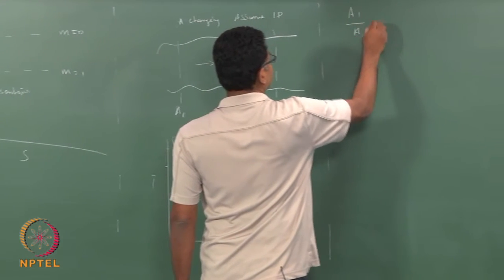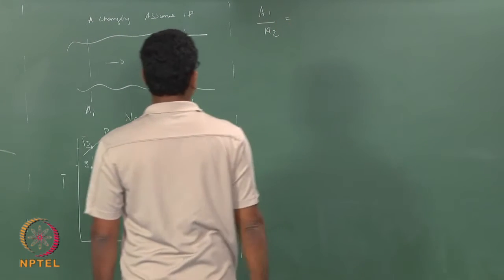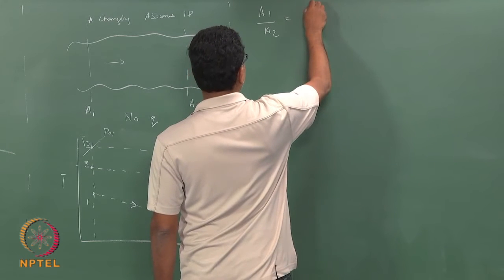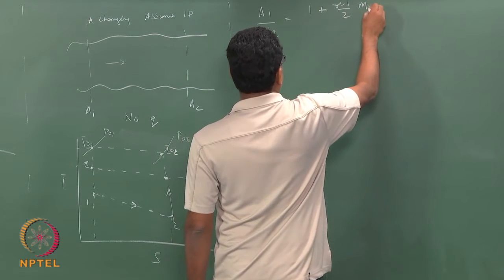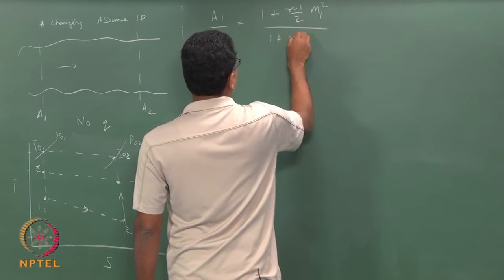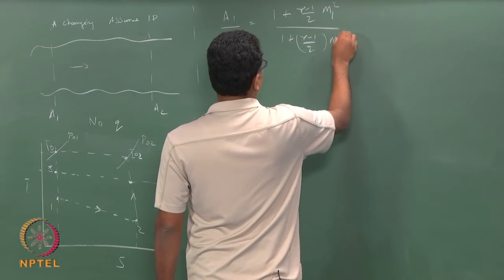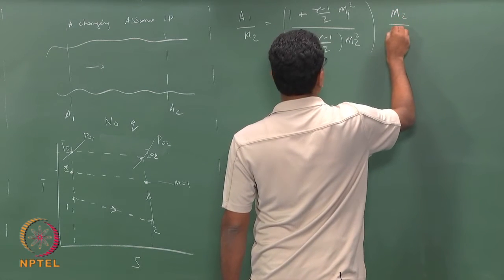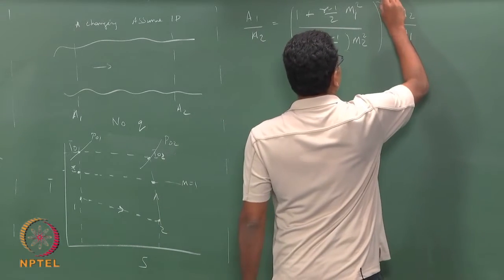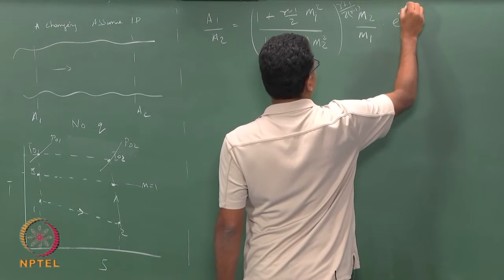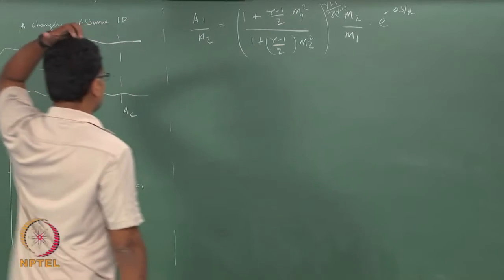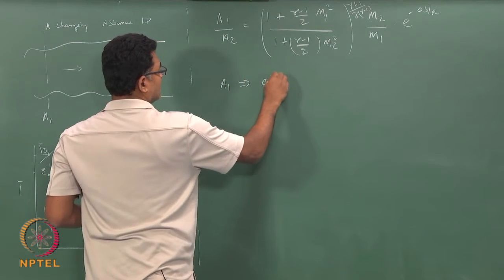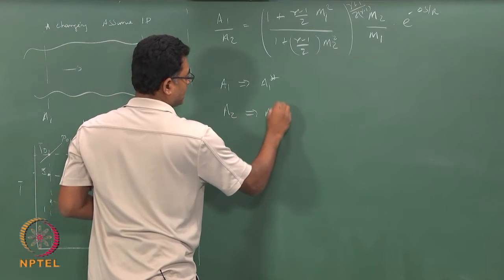So, we have obtained this particular relation: A1 by A2, which depends on the Mach numbers at station 1 and 2, would be (1 plus gamma minus 1 by 2 M1 square) divided by (1 plus gamma minus 1 by 2 M2 square), times M2 by M1, raised to gamma plus 1 by 2 gamma minus 1, into e power minus delta s by R. For the process where A1 is A1 star and A2 is A2 star,